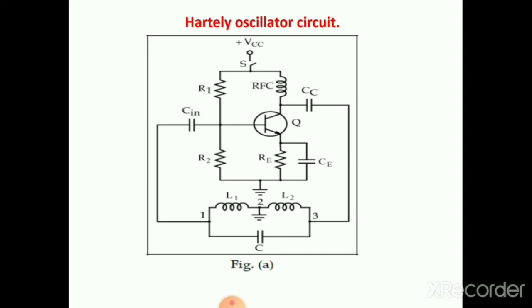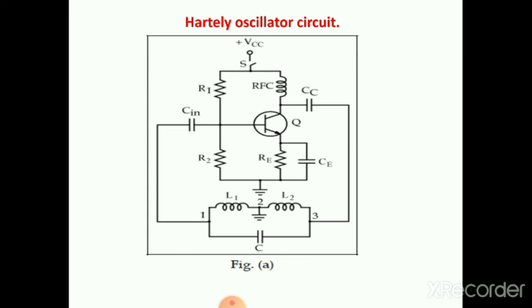In the upper part we have the basic amplifier circuit, but without any input, that is Vs is not there, but we have Cin, the input capacitor, and R1, R2, Re for stabilization and biasing. In case of the load resistor, that is RC, we have RFC. It is a coil, a radio frequency coil. And in the output we have the coupling capacitor CC, and we have CE, that is the emitter bypass capacitor.